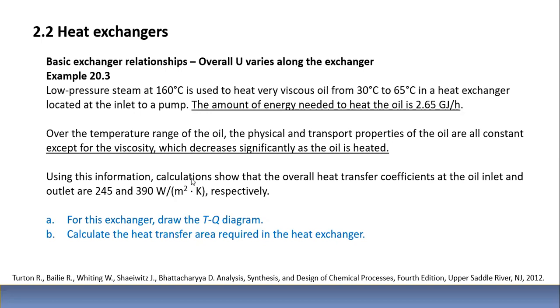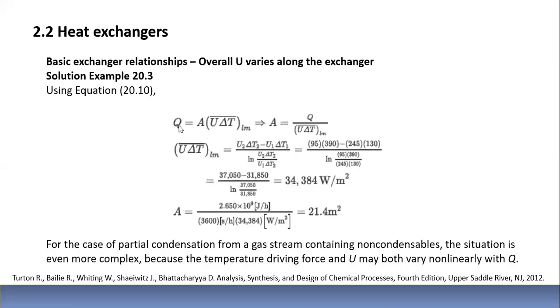He's asking to draw the TQ line and TQ diagram and then calculate the heat transfer area required in the exchanger. So he's asking for the area. Since we know that Q is equal to UA delta T logarithmic mean, and since we're going to use equation 10, because now U changes in a linear fashion along the exchanger, U delta T is going to be considered as a product. And when solving for A, because we're looking for the area of the exchanger, we will have Q over U delta T with the big bar Lm,